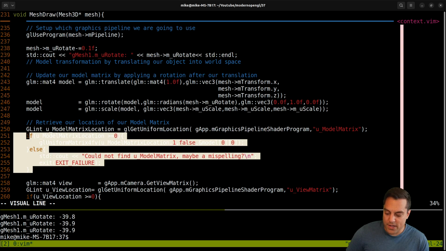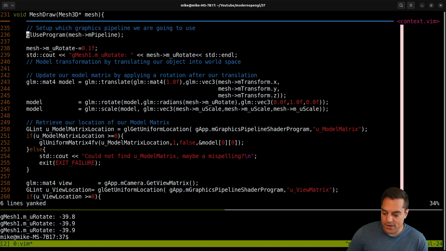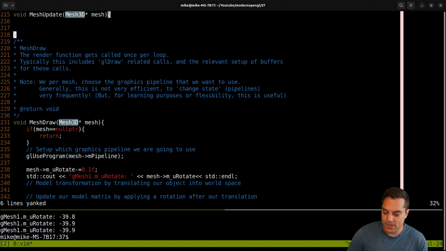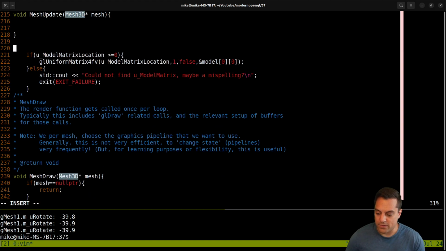So what I'm going to go ahead and do, let's just yank that out and paste this in a little function here. I guess I could return a Boolean for true or false. I could also return an integer. Again, I'm doing things in a C-style way, so if your language doesn't have Booleans, we could do something more interesting. But let's call this find uniform,